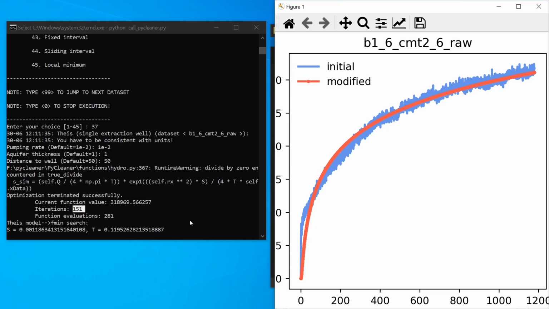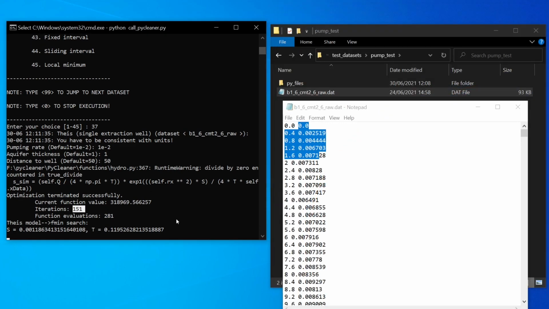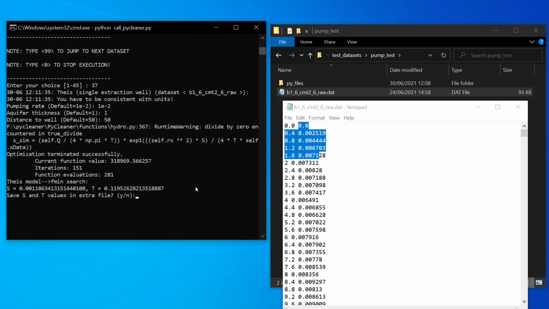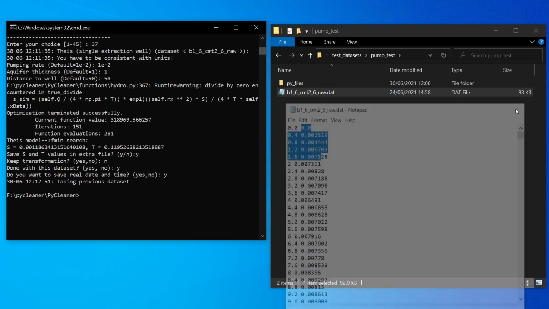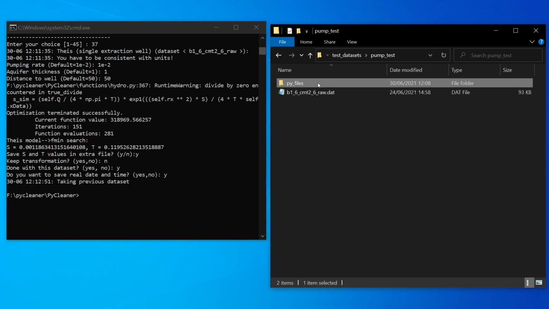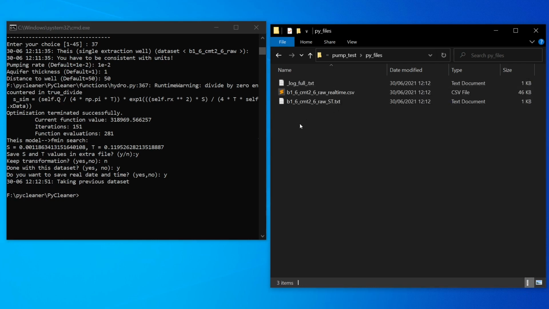So then to save our data, it's being asked if we want to save an extra file, so we click yes. Keep transformation, no, because we are done with this data set. So click yes. Do you want to save your time? Okay. And then the code is finished, and we can see here in the folder files, we can see the